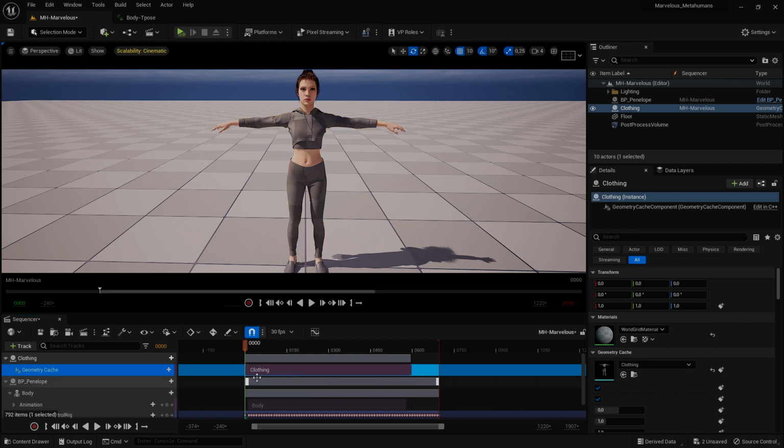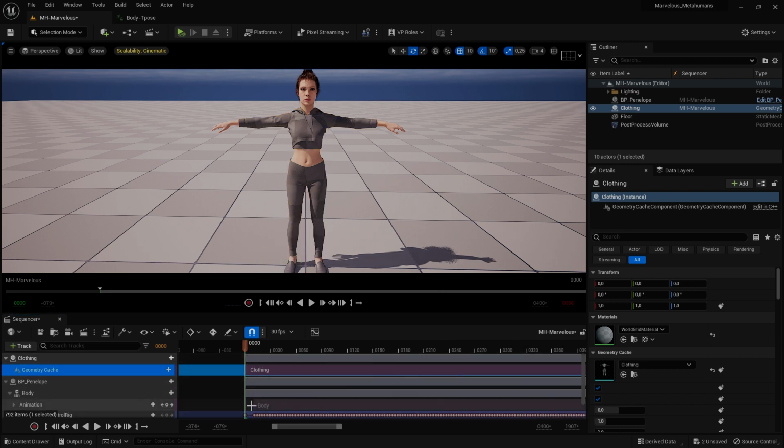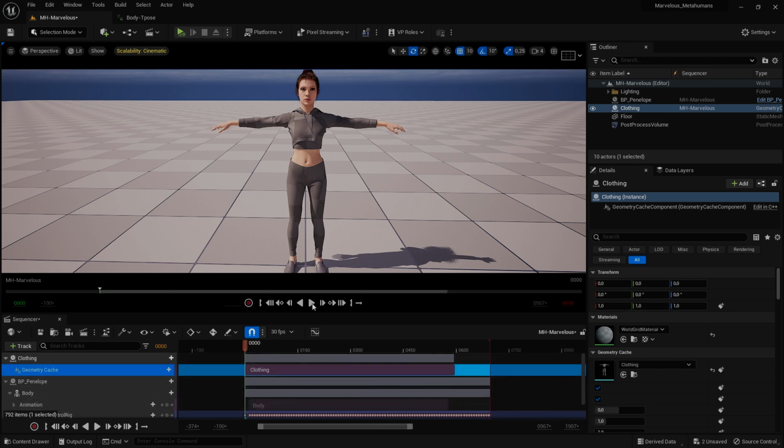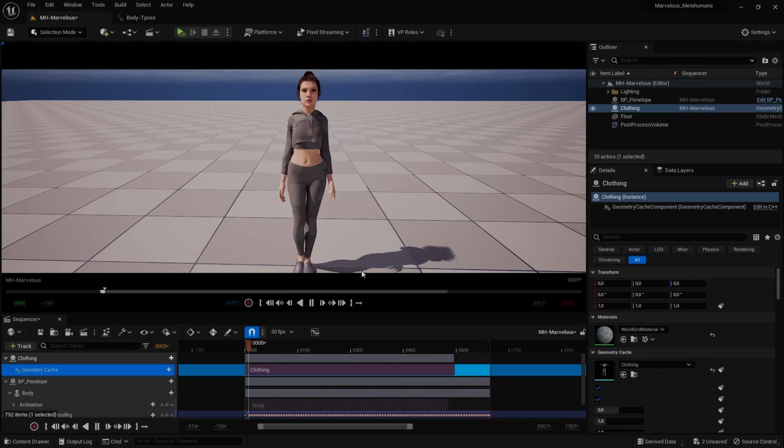Since the animation has the T-pose baked in, we don't have to worry about lining it up in Sequencer. Now all you do is play.